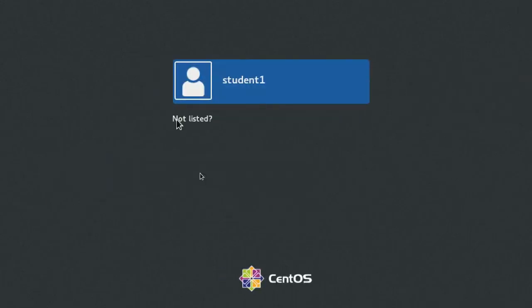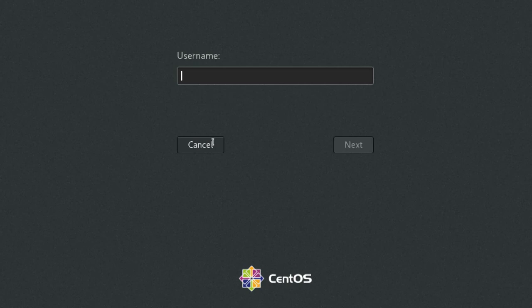So go to Not listed. Type root, password admin@123.